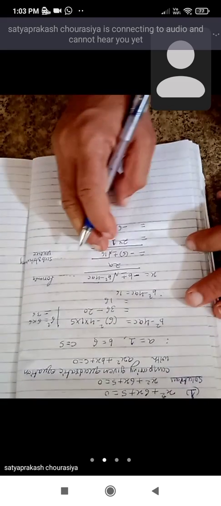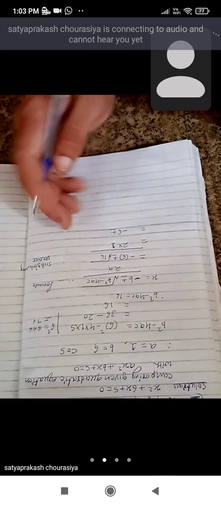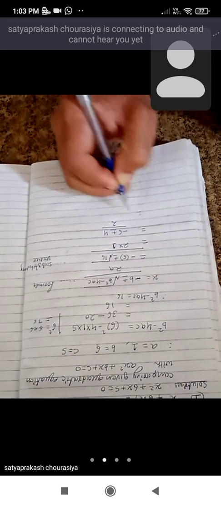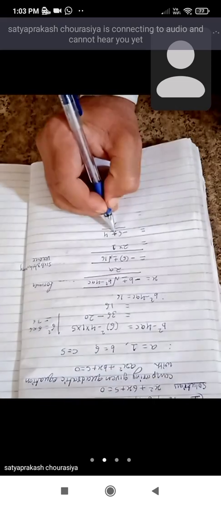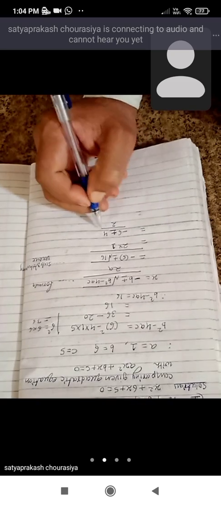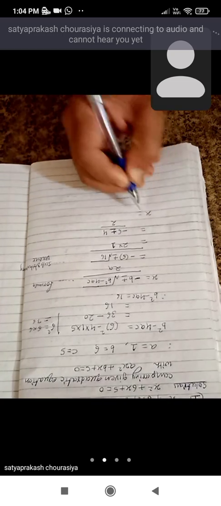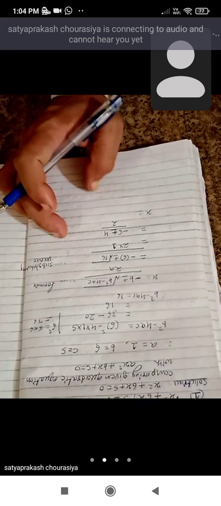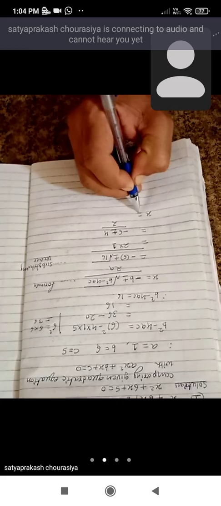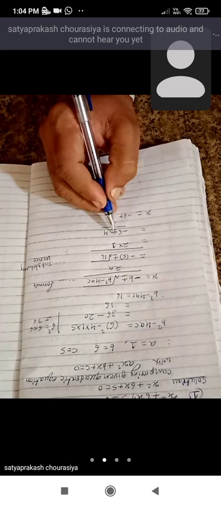see the square root of 16. 16 is the perfect square of 4, so 4 will come out and 2 into 1 is equal to 2. Now see here there are two signs before the 4, one is positive 4 and the second is negative 4. So now we will split it into two parts. Up to here we solved it commonly, now we have to split it, separate it. Now see, the 6 has only one sign, minus 6.